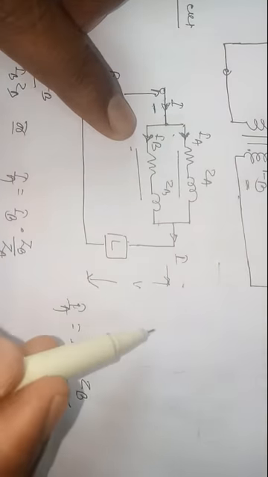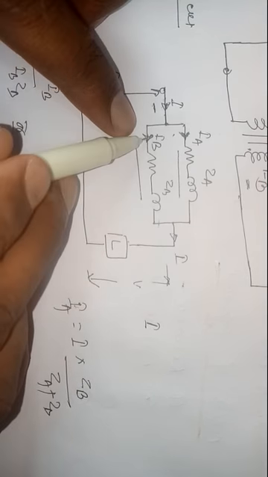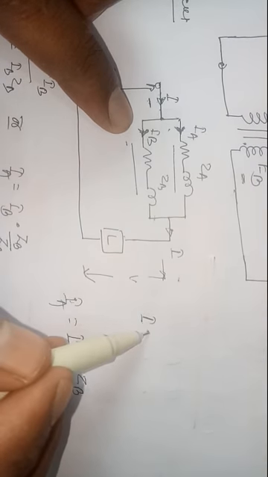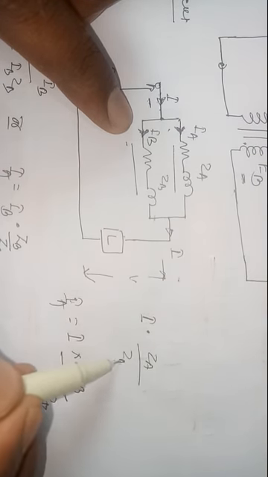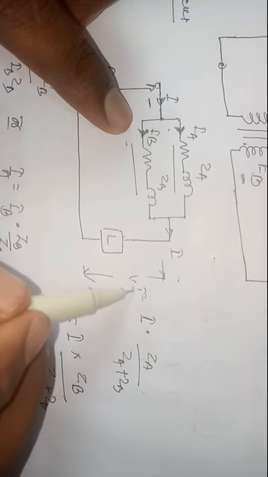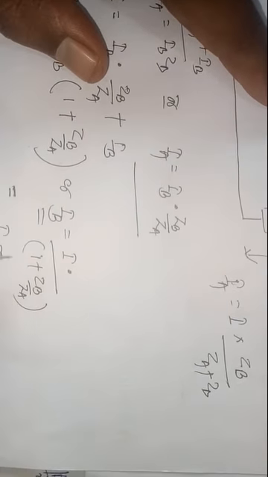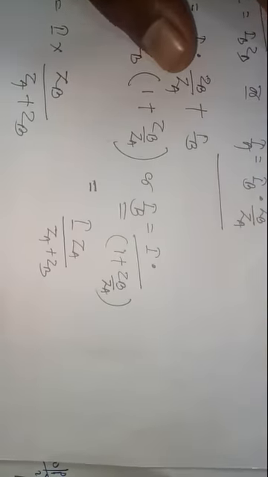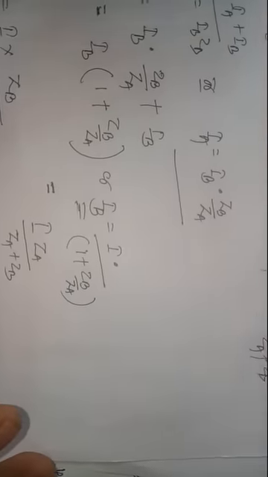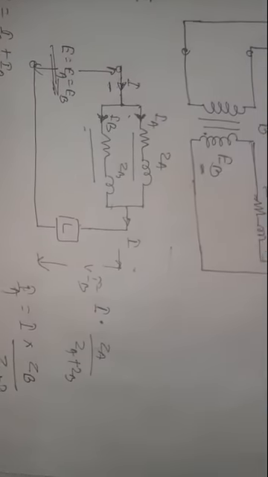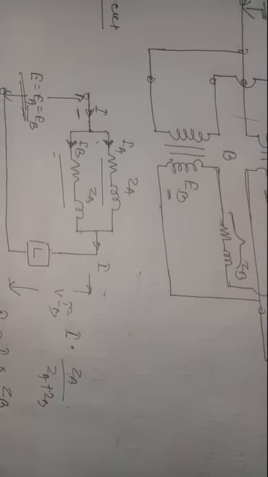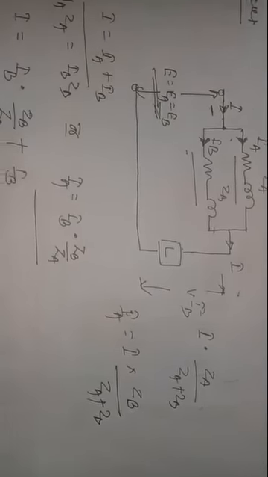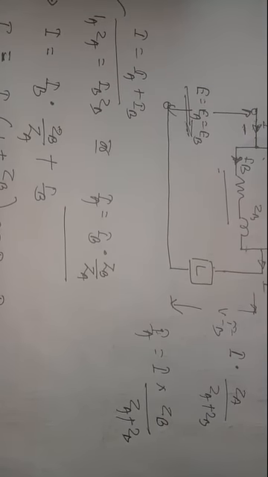The total current will be I. We are going to calculate IB. Opposite to that, the impedance will be ZA divided by ZA plus ZB. So IB is equal to I into ZA divided by ZA plus ZB. This is how you can calculate the values of current shared by both the transformers. Then after calculating the current, we can calculate their sharing of KVA.